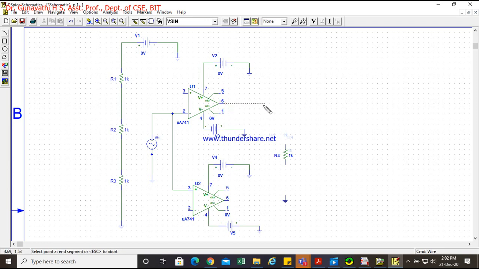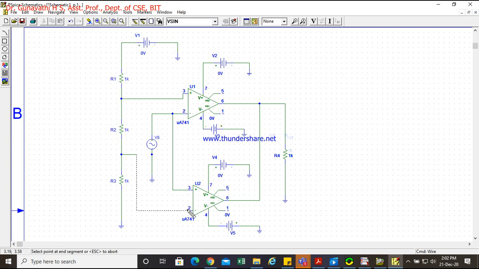So the output of this should go here, even the output of this should go together, like both of this together. So you should have a dot here, bubble. So means these two are connected together. Now the voltage across this terminal should go to this positive. So between this, it should go to this negative terminal.